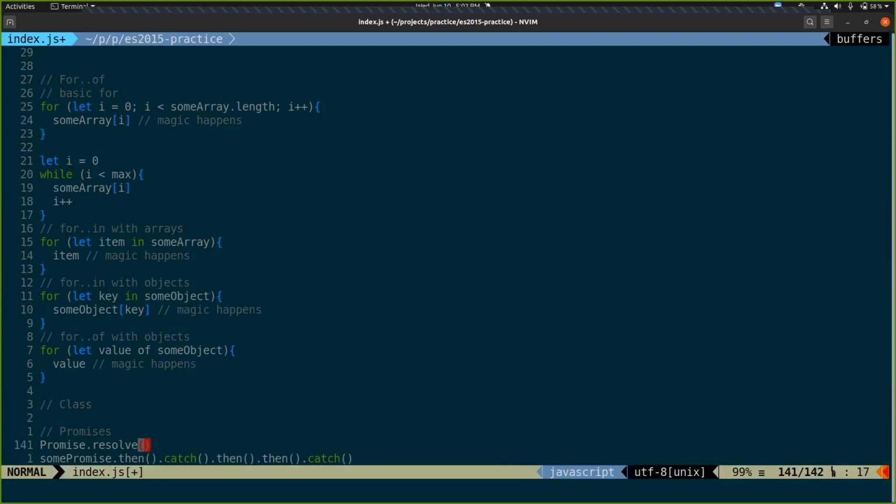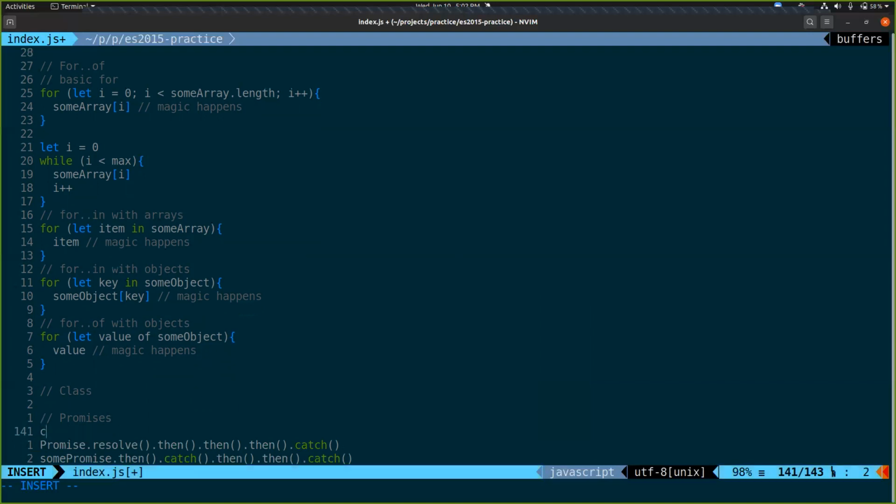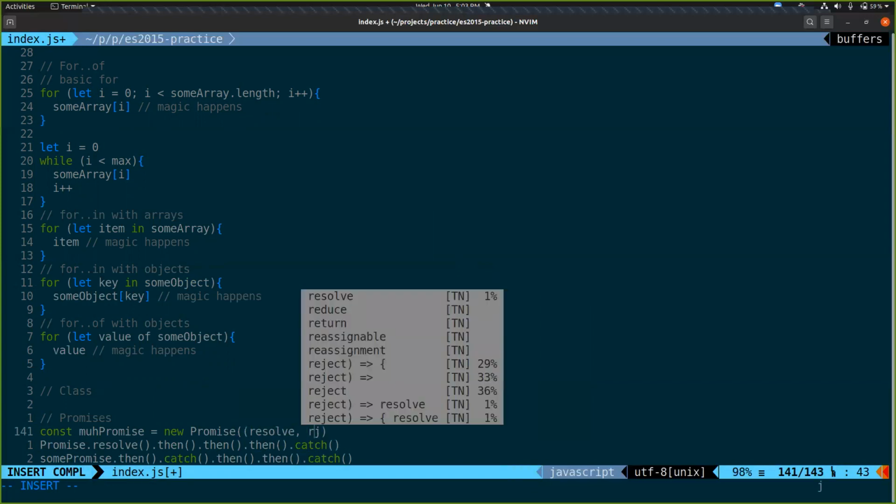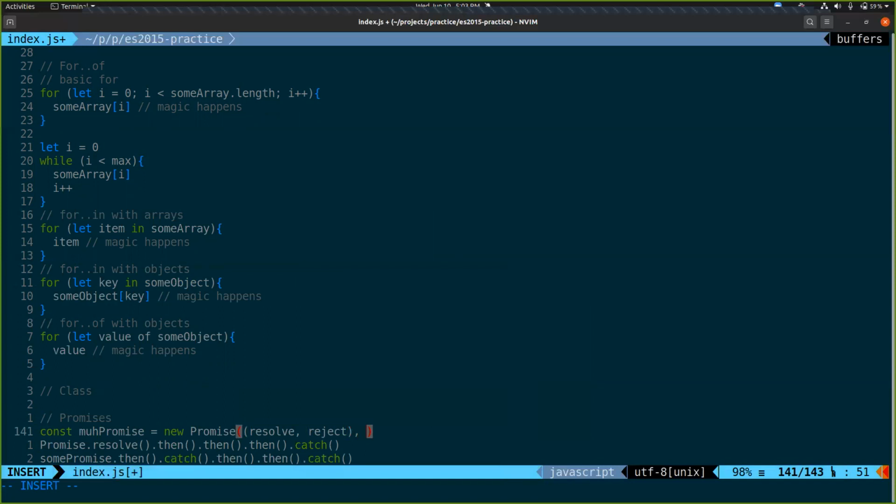So that evaluates to a promise that doesn't return anything, and you can just start .thenning it. You can also make your own promises. Promise takes in a function. The function will be given resolve and reject, which are also both functions.